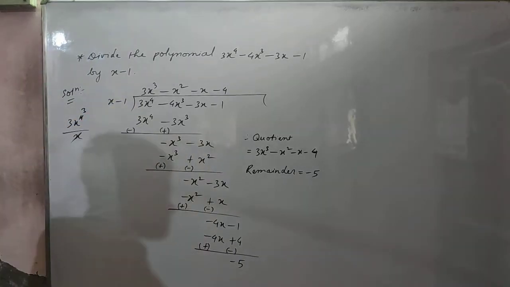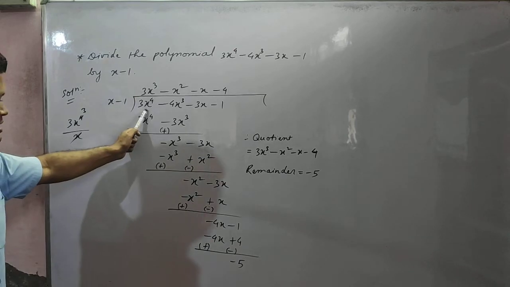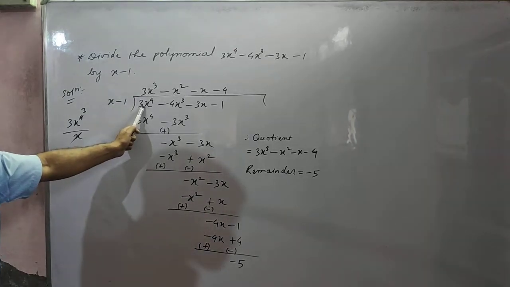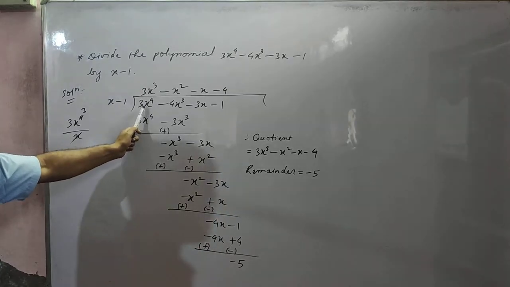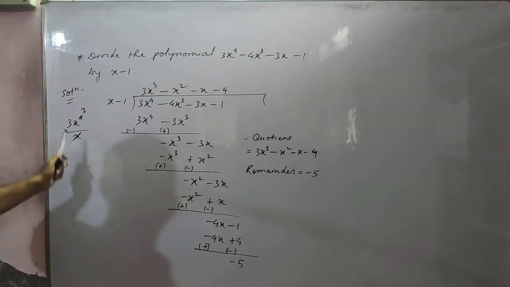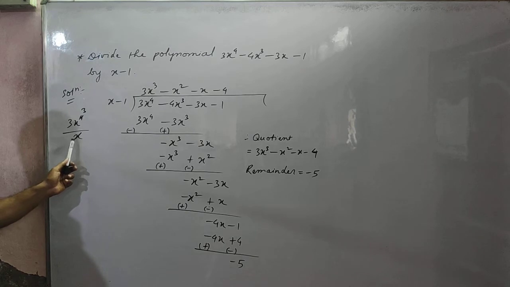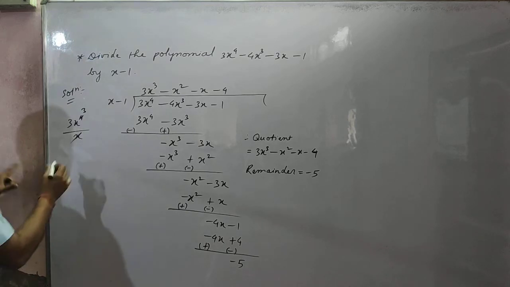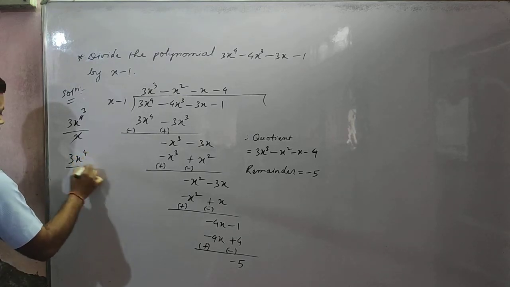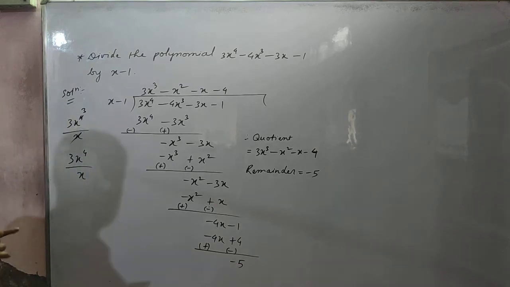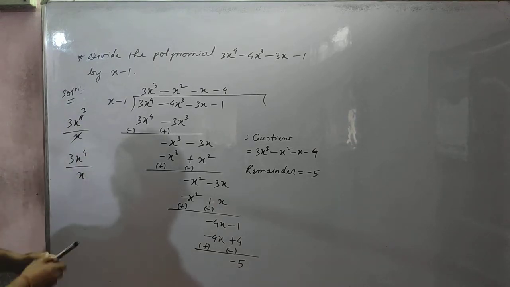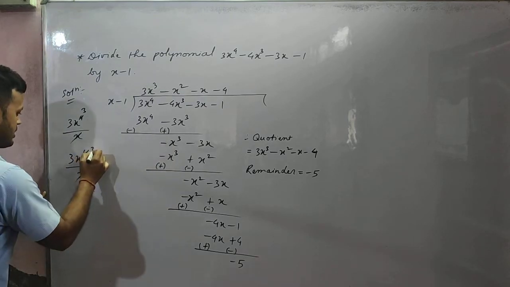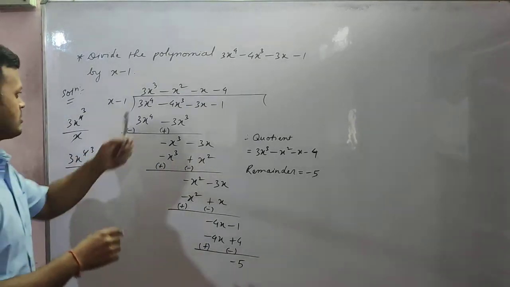Okay. So now, as I said, here you have to see this first term. First term is how much? 3x to the power 4, isn't it? This term you have to see and this term you have to see. Divide this term 3x to the power 4 by x. So here 1x is there. So 3x to the power 4 I am dividing by x. Here how many x is there? 4x are multiplied here. And here only 1x, isn't it? So 1 I am cancelling, you see. If I cancel 1, then how many will stay? 3x cube. So I wrote here 3x cube.